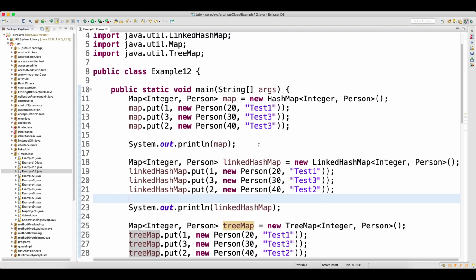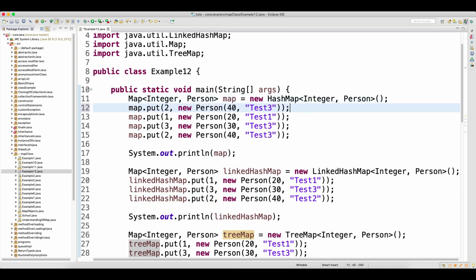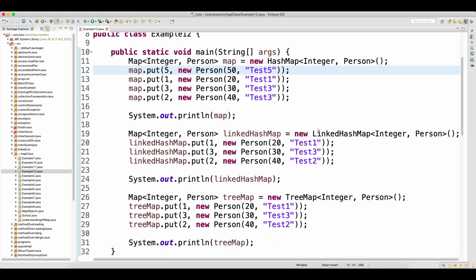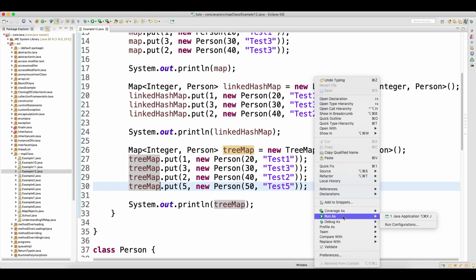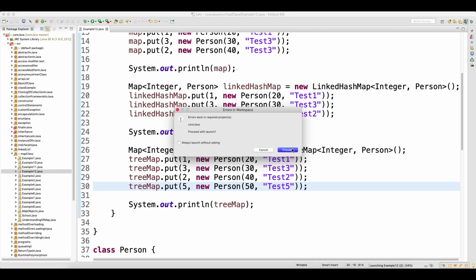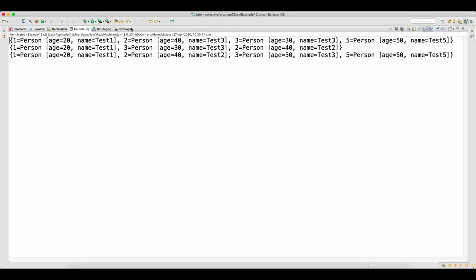To show you, I will add one more by keeping the key equal to 5, the value 50, and the name 5. I'll add the same record in the tree map also, and then execute my program. Now look at the output.